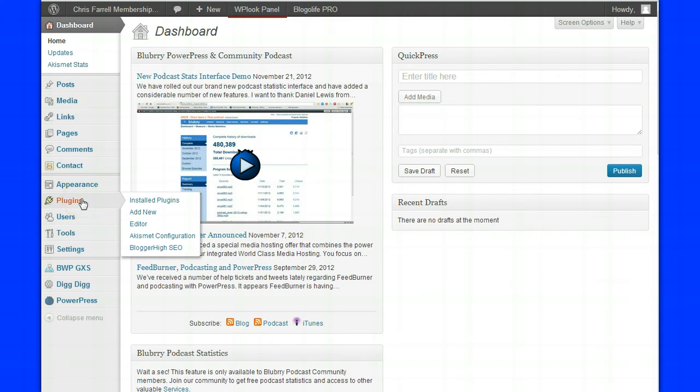So let's think of what a plugin is for a minute. A plugin is basically an add-on to your website. This enables you to do different things, anything from SEO, which is search engine optimization, to installing a video into your website, to even doing a podcast from your website. So these are all very important things to know about, so that you can make your website really interactive and